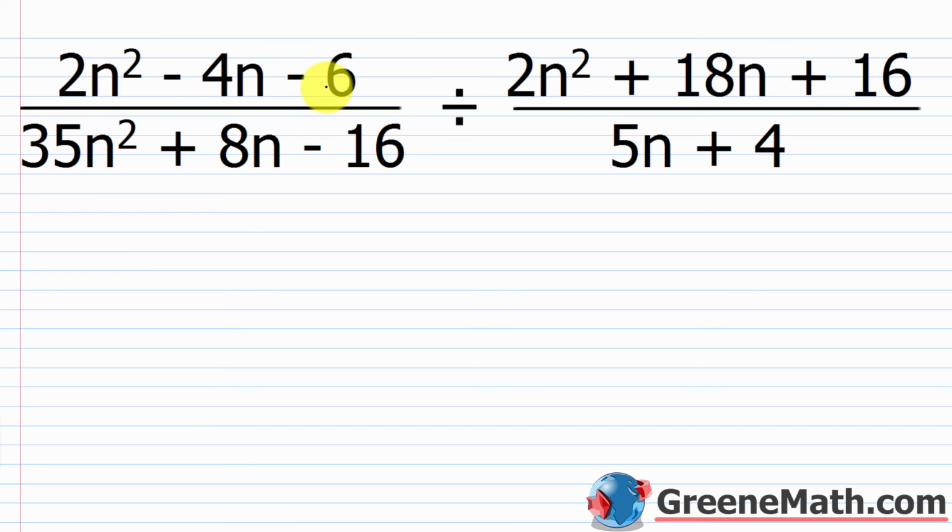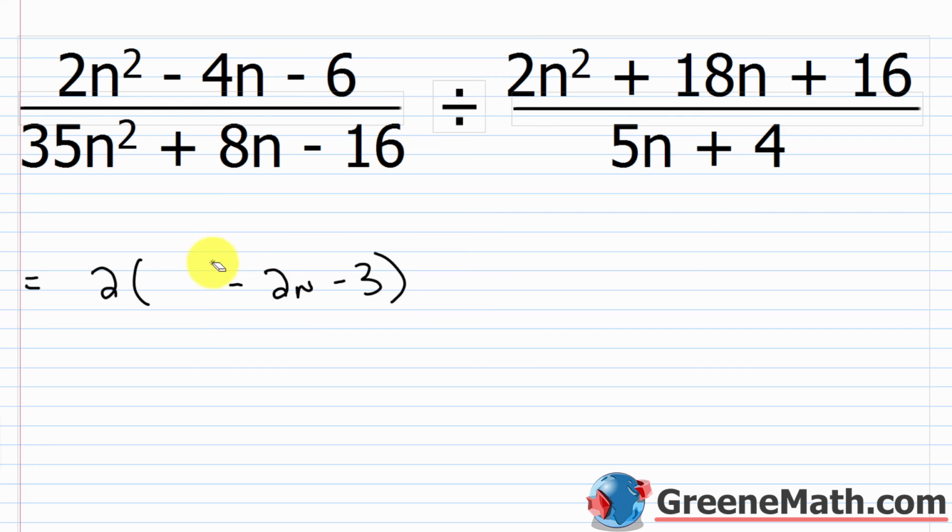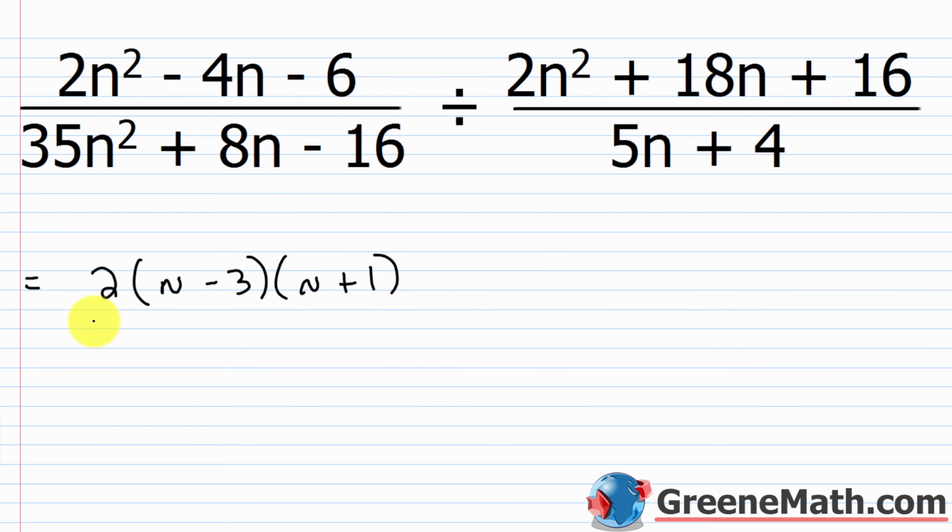So if I start out in the numerator, I have 2n squared minus 4n minus 6. In this particular case, we've already factored this in a previous problem. So I'd pull a 2 out to start, and I'd have n squared minus 2n minus 3. So give me two integers whose product is negative 3 and whose sum is negative 2. Well, that would be negative 3 and positive 1. So I would have n minus 3, and then n plus 1. A lot of you will remember that from a previous problem. So this is going to be over